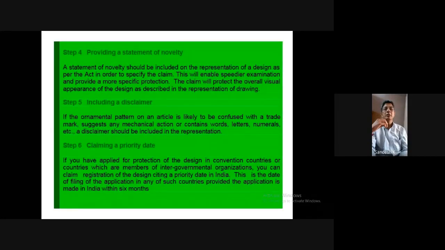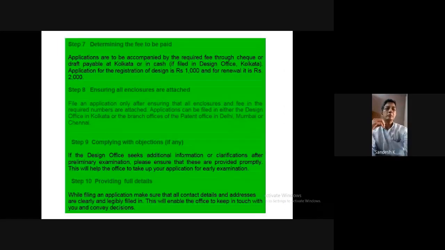Next slide, please. Determining the fees is 1,000 rupees. The office is in Kolkata, but it's online everywhere now, so it is no problem. The fee is 1,000 rupees for one particular registration to get a priority. Then everything is checked for all the attachments. They will examine; it may take 3 to 4 months.